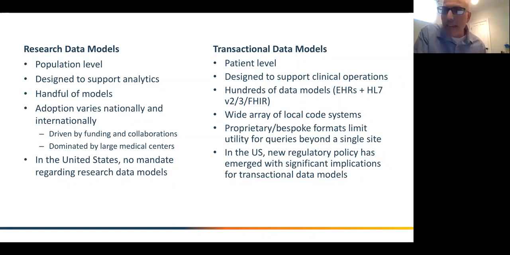And then even within a given EHR, if you were running Epic at one site, you might have a slightly different data model behind the scenes than Epic running at another site. And then of course, there were operational or transactional data models from HL7, version 2, version 3, FHIR, and so forth. The data within those would have a wide array of local code systems, often used in addition perhaps to standards. And because of these somewhat proprietary formats, it sort of limited the utility for running queries beyond